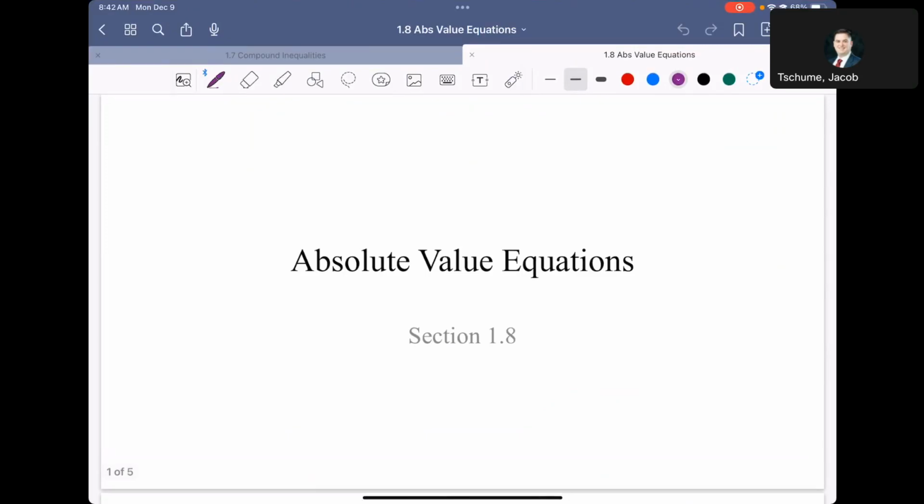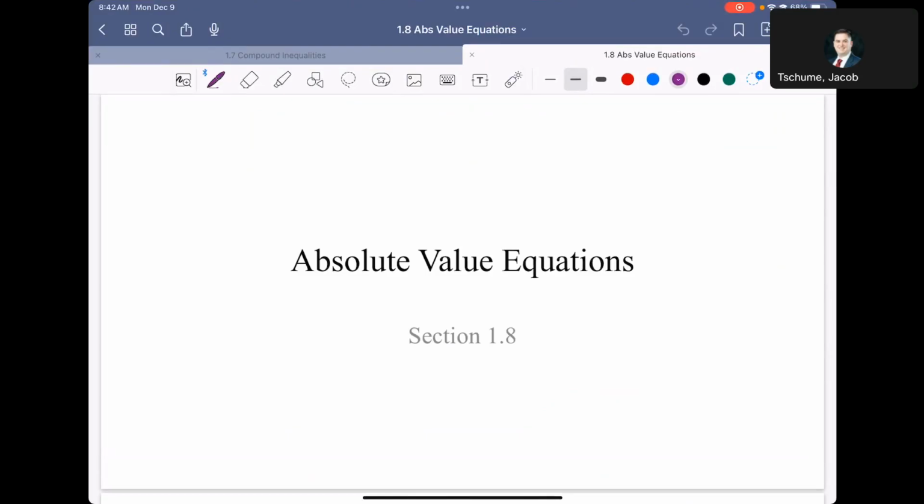All right, so we are going to now start our videos on section 1.8, which is going to introduce the idea of absolute values into some ideas we've already covered. Like normal, I've divided this section up into two different videos. The first one, we're going to look at the idea of just absolute value equations. And then in the next video, we're going to talk about absolute value inequalities, which will tie in what we